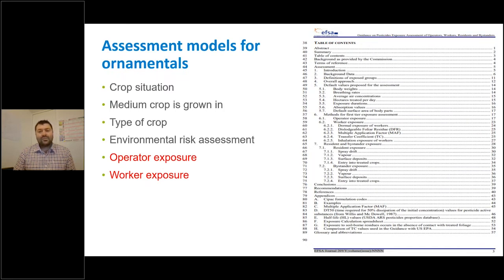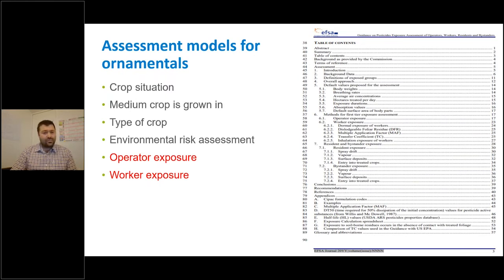So for example, very often if a product comes in with bee restrictions, it often asks us to close the doors and the vents and make sure the product has dried before we reopen, for example, as a type of mitigation measure. And the last two there on my slides, you can see operator exposure and worker exposure are the two